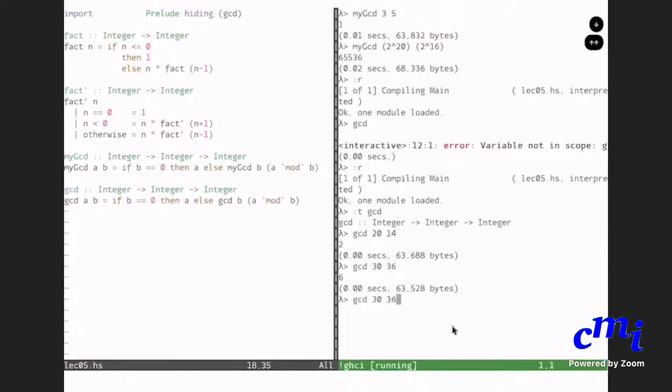There is a special function in Haskell. There is a special thing in Haskell. Yes, this is good. Let us write a factorial double prime. Factorial double prime of 0 equals 1, factorial n. If n is less than 0, then you can say error and give any string that you want. So, please enter input is negative. Does not work for